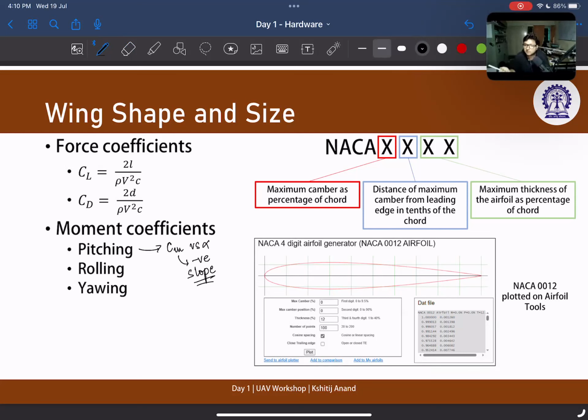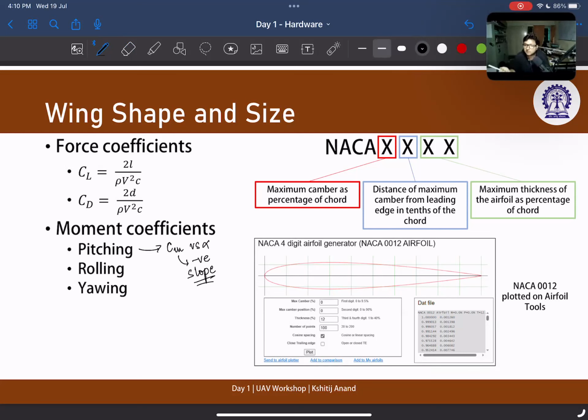If you are an aerospace or mechanical engineering student and you don't know, then it's bad. It's really bad. You should know that fixed wing aircraft should have a negative CM versus alpha slope, so that it provides stability. Then